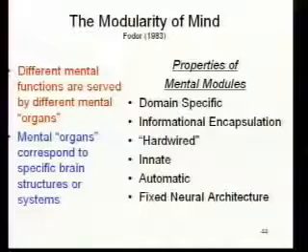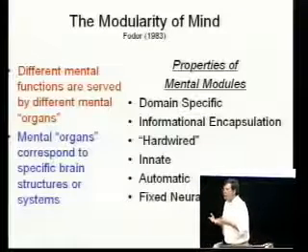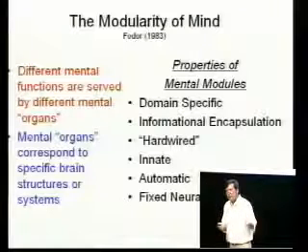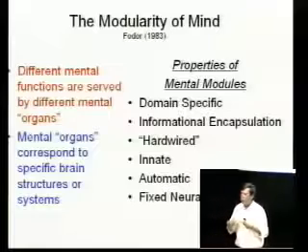And then each of these modules would provide an output, maybe to some kind of central executive. But the idea is that there are different modules for different domains of information processing, different modules for different domains of human activity. Second, the second property of these mental modules is that they are what Fodor called informationally encapsulated, which means they take only what's given to them by some kind of input mechanism, and there isn't any input from other domains.